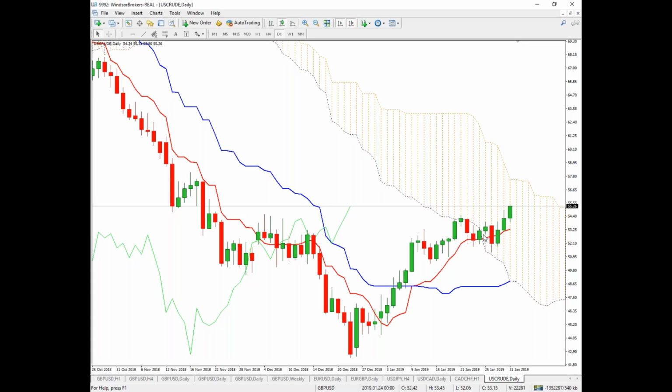after the price was repeatedly rejected at the thick daily cloud base, and as a result the price action eventually broke into the cloud and now is heading towards the cloud top, which is in our case Senkou span B, so the other edge of the cloud, and tracked by the Tenkan-sen line as well as the Kijun-sen line that are both in ascending mode and tracking the uptrend. So we have a series of good signals. Of course, we need to consult other indicators to confirm our signals, but as I said,